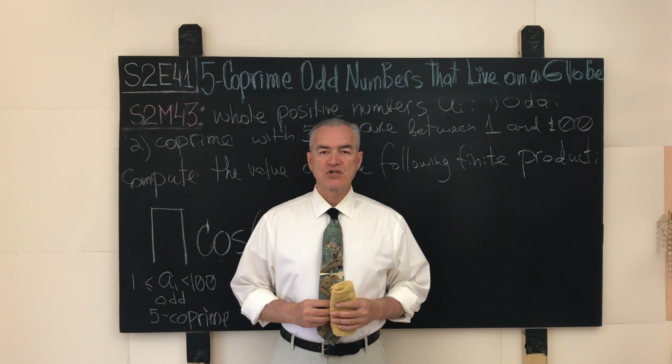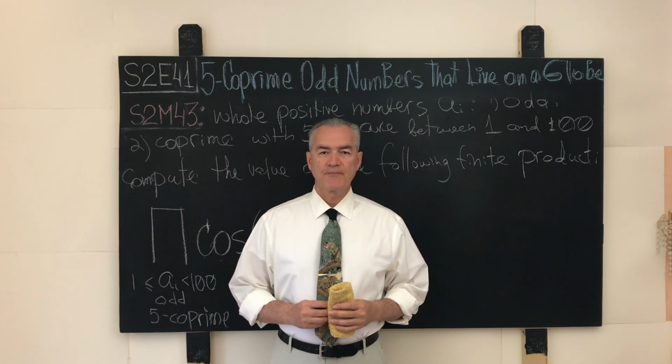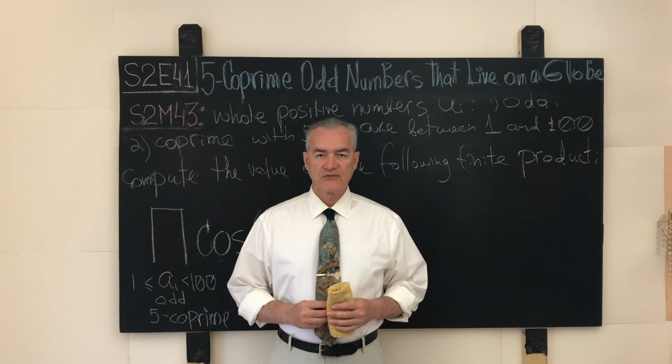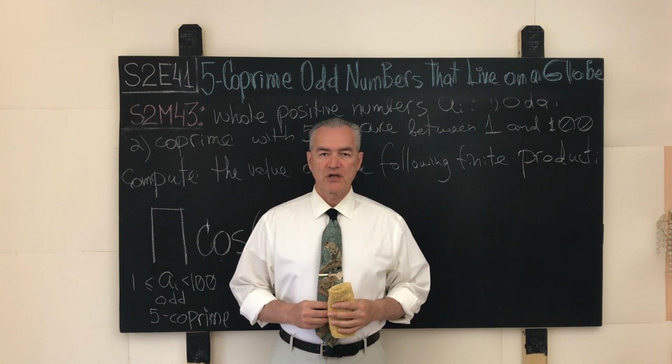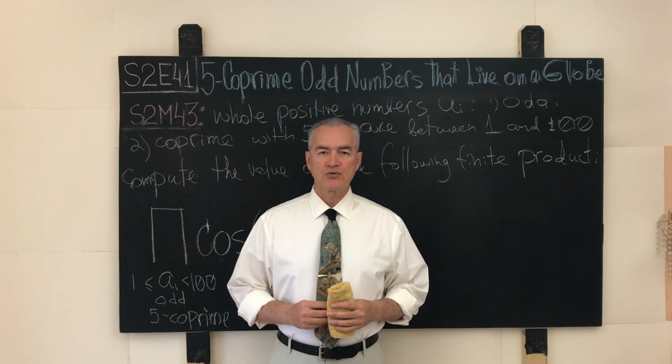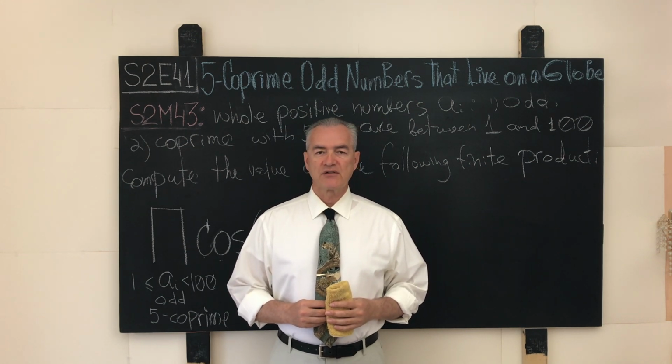Welcome to the Problems channel, Season 2, Episode 41. The episode which I titled 5 coprime odd numbers that live on a globe for the reason that will become apparent momentarily. But before we deep dive into the underlying mathematics of this episode, as a traditional and friendly reminder,